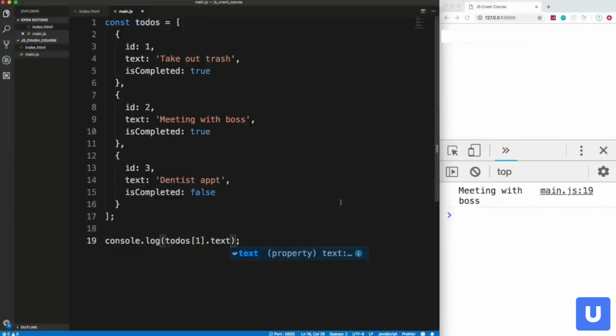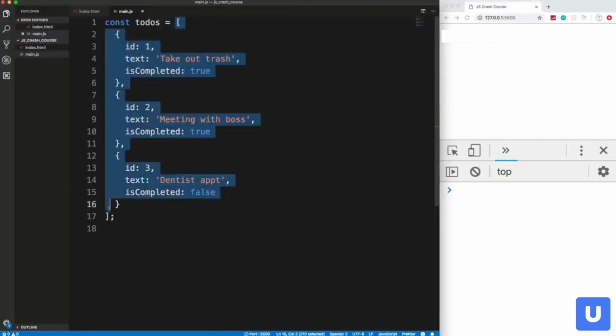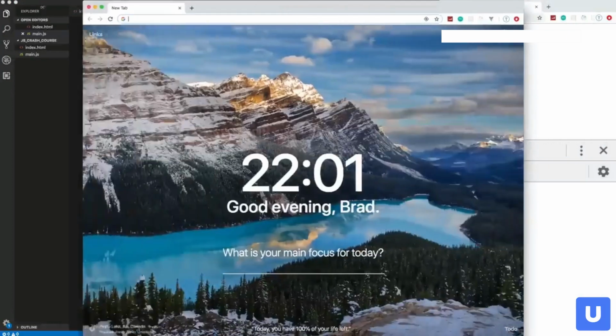meeting with boss. Now, I want to talk a little bit about JSON. JSON is a data format, and it's used a lot within full stack development and using APIs. When you're sending data to a server, you usually send it in JSON format and receive it in JSON format. And it's very similar to object literals. Okay, so I'm going to grab this whole array, just as these brackets, and I'm actually going to, I don't